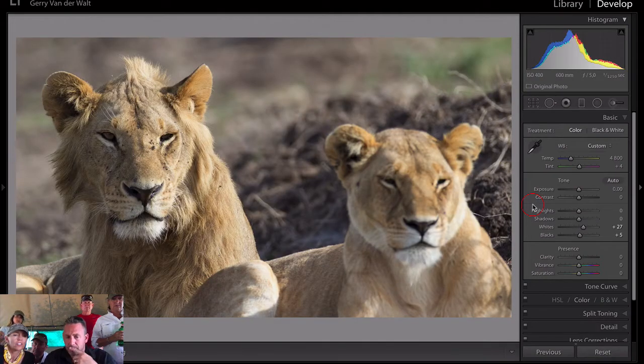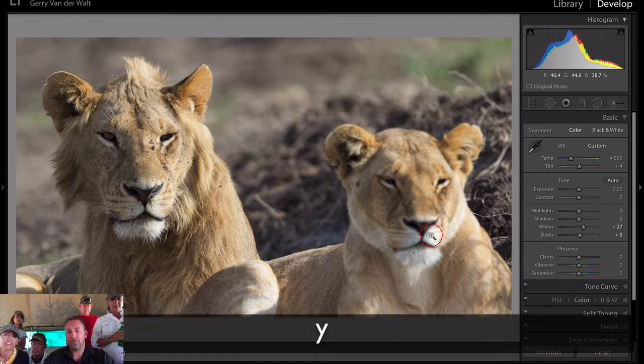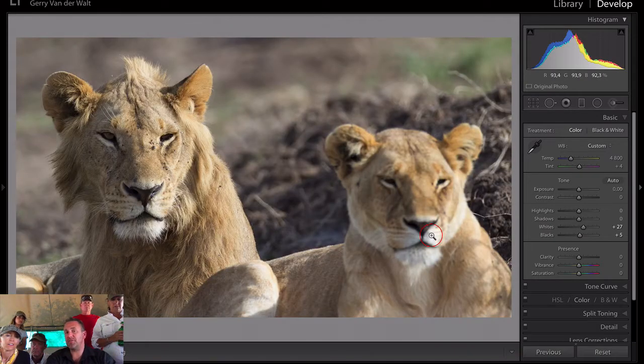What's your toggle to compare the two? If you want to see a before and after, you hit Y on the keyboard, which takes image 1 to 2 and 2 back to 1. That's easy. When I give you this video, it'll have the keyboard shortcuts on it as well. Okay. So from here, the next thing I like to do is look at, so you work up from here